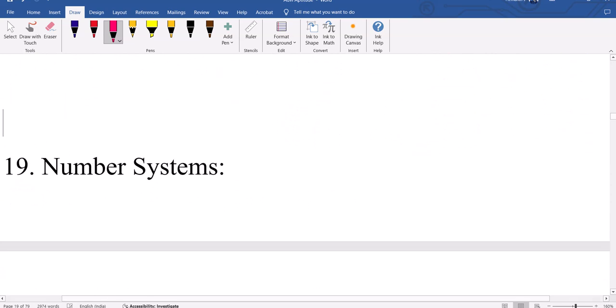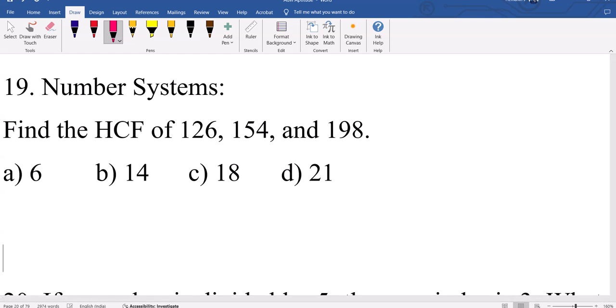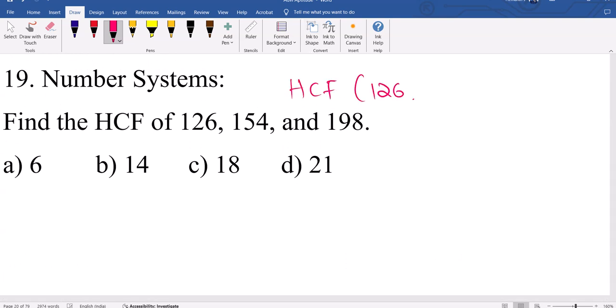Now very basic question, number systems: HCF, highest common factor. HCF for these values: 126, 154, 198. See, listen guys. They can give fill in the blank. One thing, if options are given, how to handle? If it is fill in the blank, how to handle, we have to work on. Right. Let's say if options are not given,